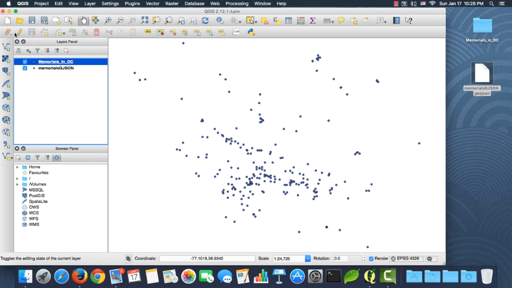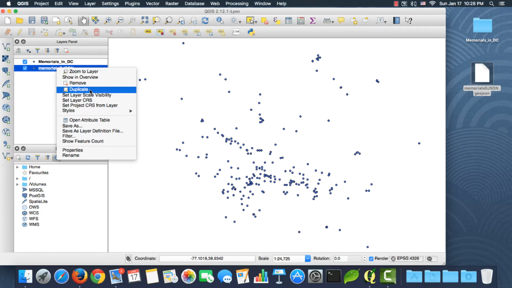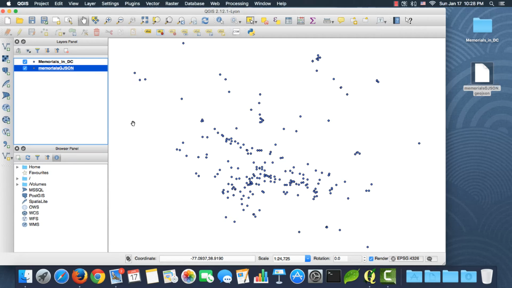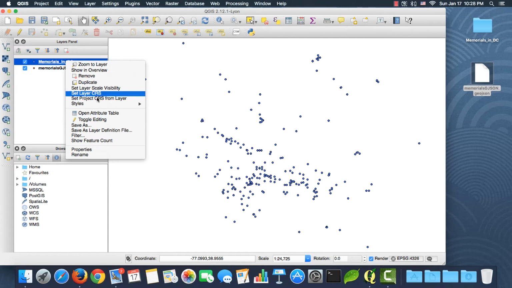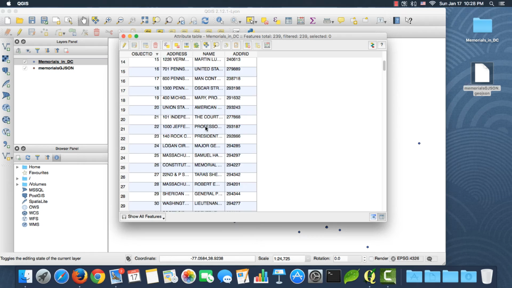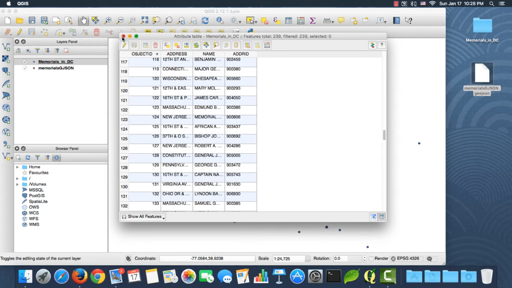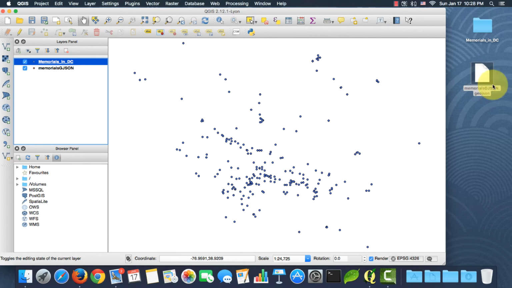Okay. So this is the first method, and just for me to verify the attributes, I can right click here, go to Open Attribute Table. You see these are the attributes for the GeoJSON, and if we open the ones for the shapefile, they're the same. Okay, great. So this file right now is ready for us to use in web mapping or in any